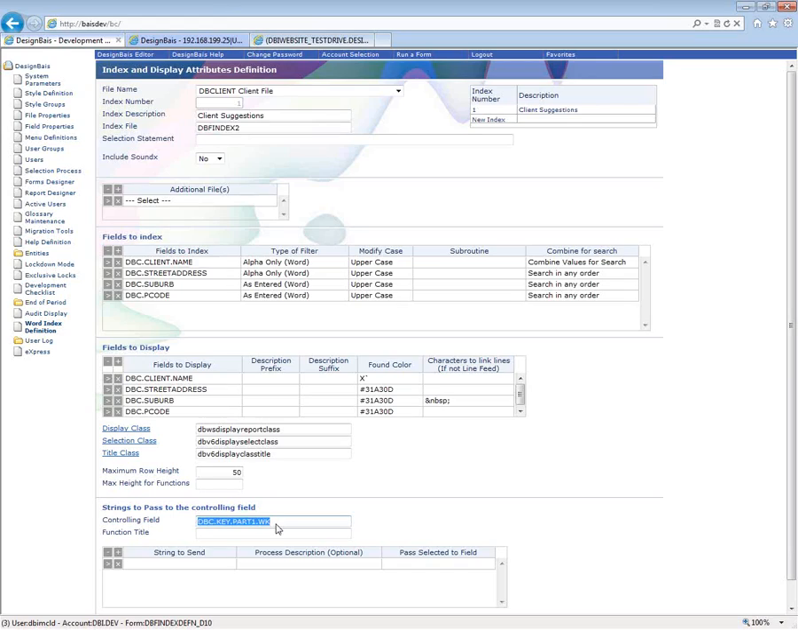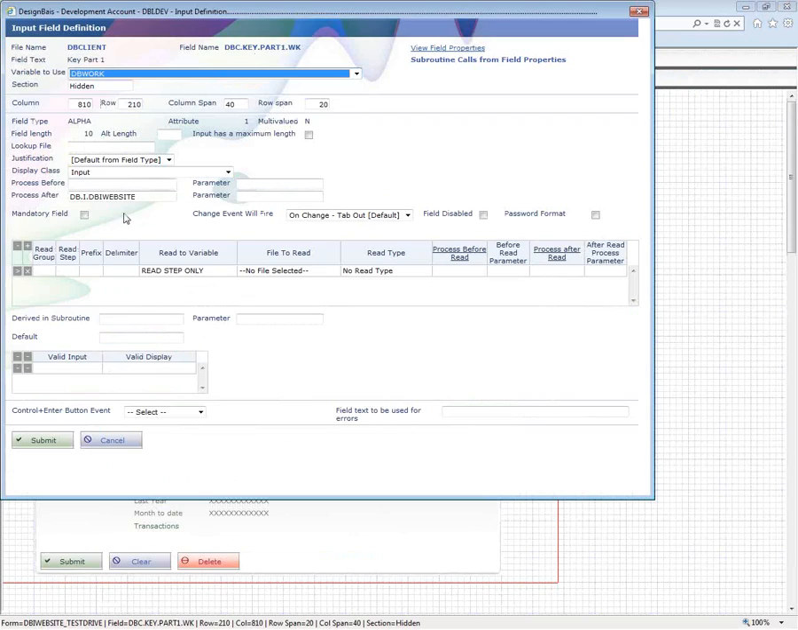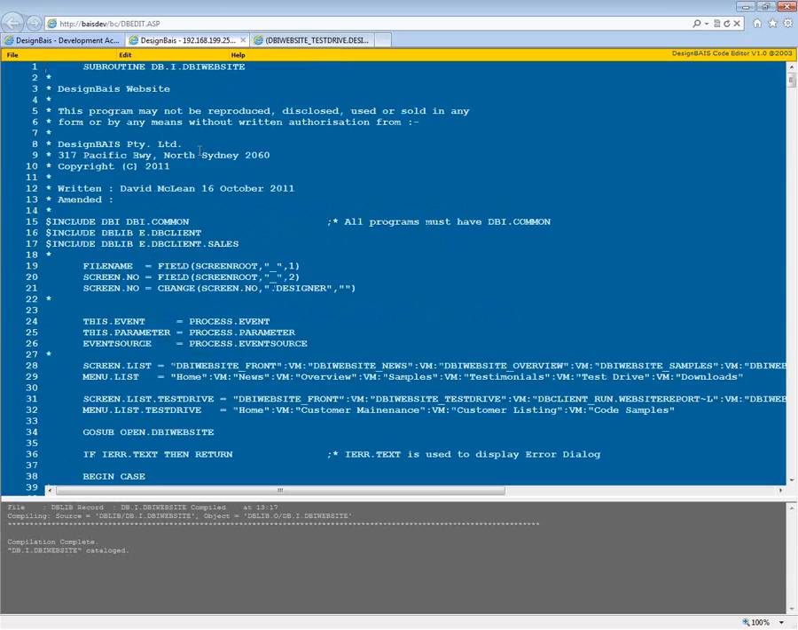So whenever I add this index to a form anywhere in the system, I need to have a field on that form named DBC Key Part 1. When the user clicks on that particular field, it'll call db.i.dbi website as a validation event. So if we go to the program and have a look at validation,